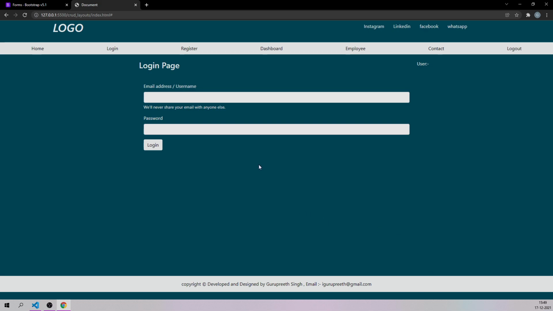Next time when I'm designing the register page, I'm going to just change this name to register page, and we'll have a separate register form for that. The dashboard page, the employee page, the contact page, and the logout page we are also going to design in such a manner. These are going to be the links to our social media accounts.